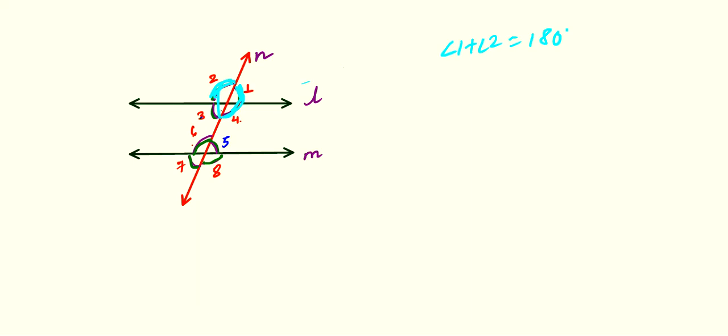Then angle 2 plus angle 3, 180 degree. Angle 3 plus angle 4, 180 degree. Similarly, 5 plus 6, 180. Angle 5 plus angle 8, 180. Angle 6 plus angle 7, 180. Angle 7 plus angle 8, 180. All these angles are having relations. Clear? So now exercise